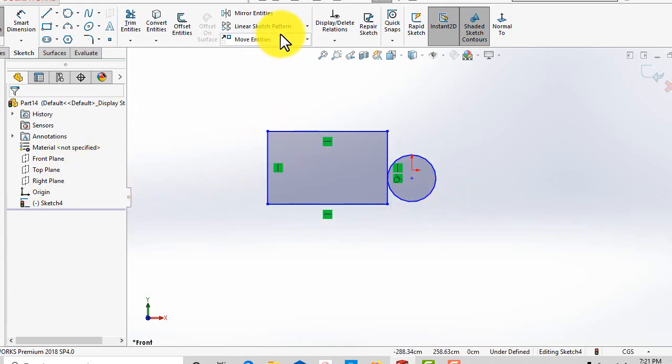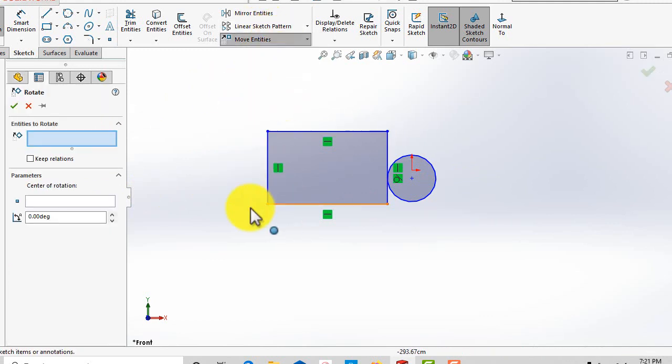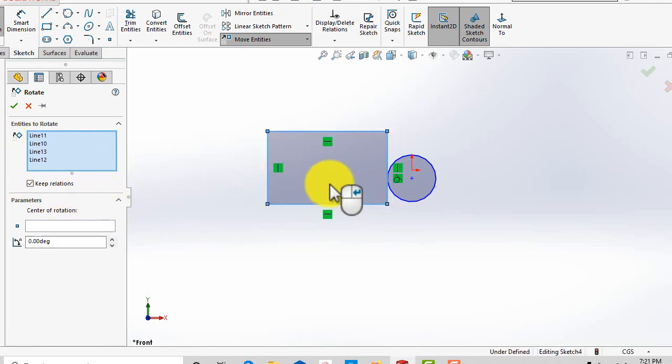So now if I'm going to apply rotate command, and I check this keep the relation option, select all the edges, select the center of rotation,